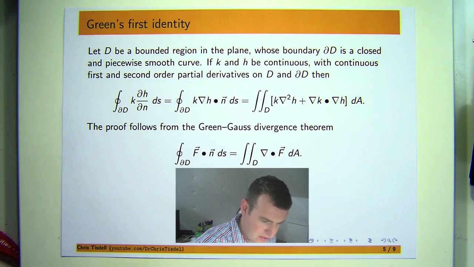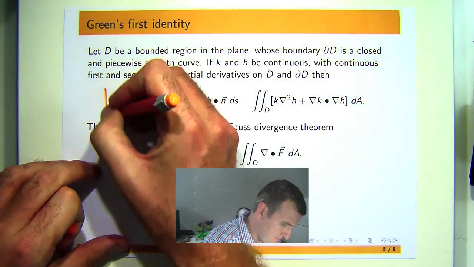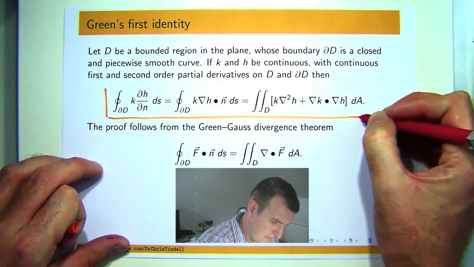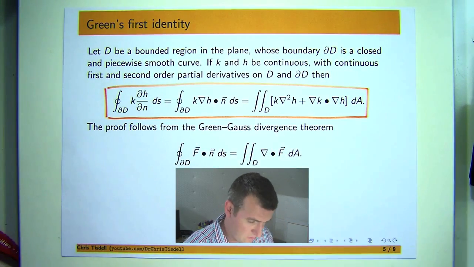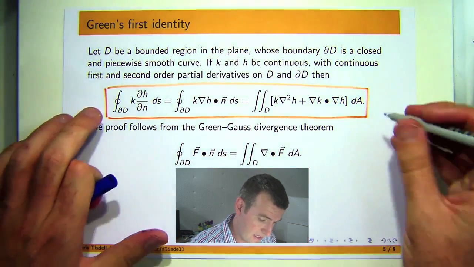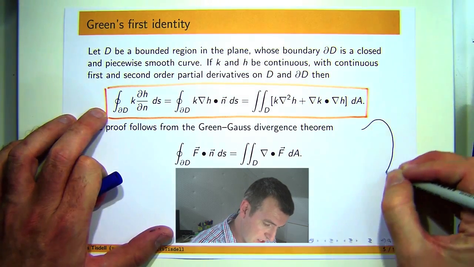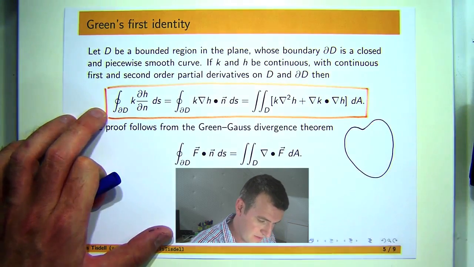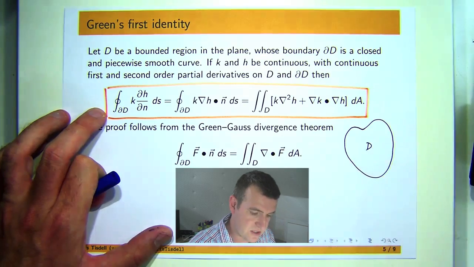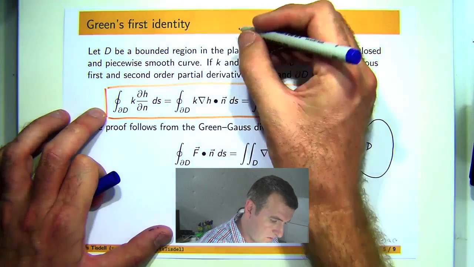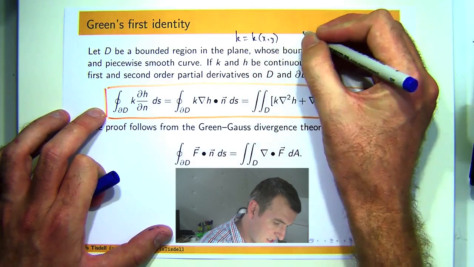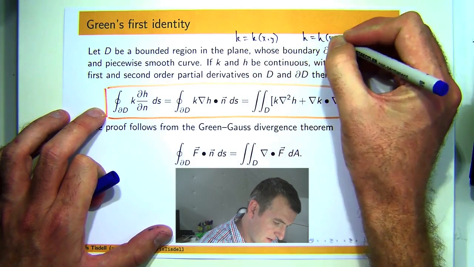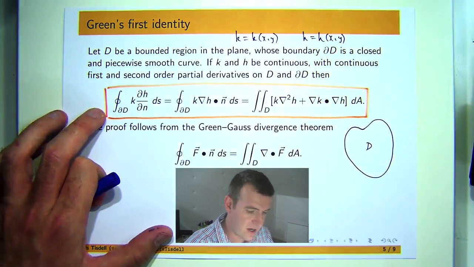Okay, so the basic identity is here. Now suppose you have, we're just working in the plane by the way here, so the xy plane, just to keep it simple, but the idea is generalized to n dimensions. Okay, suppose you've got a two-dimensional region D, and you've got functions k and h being functions of two variables that are defined on